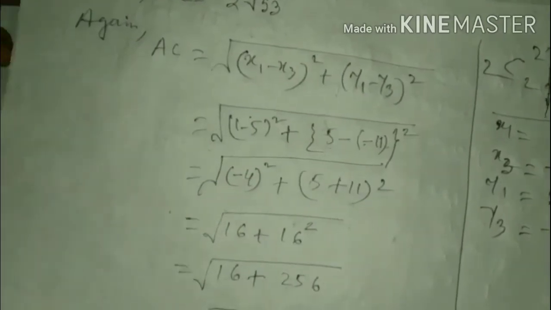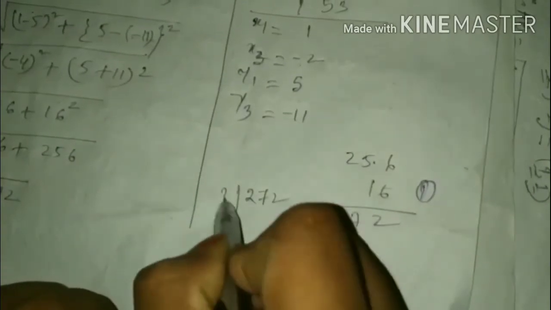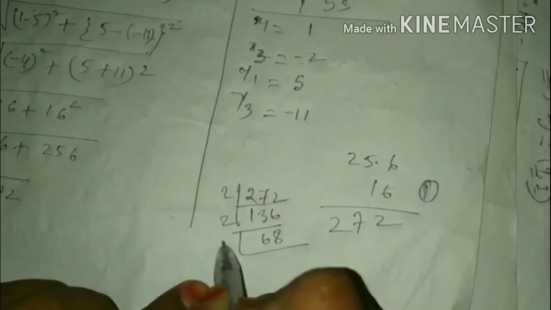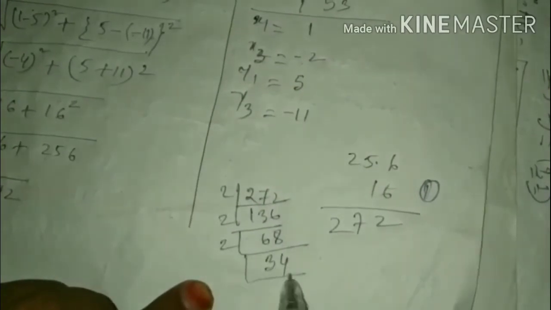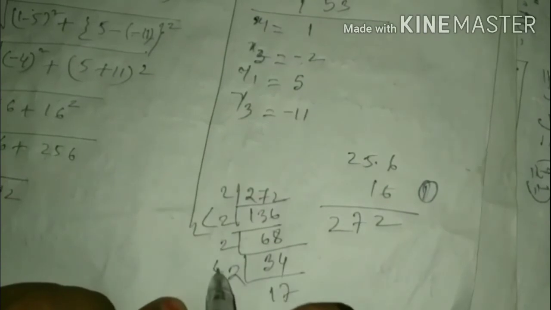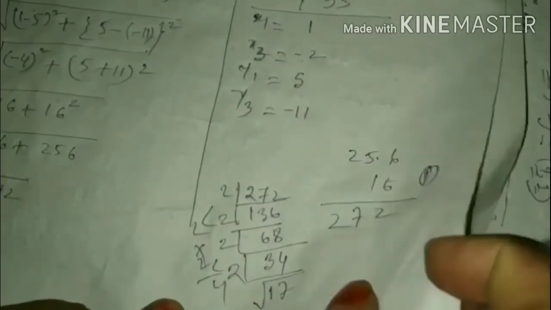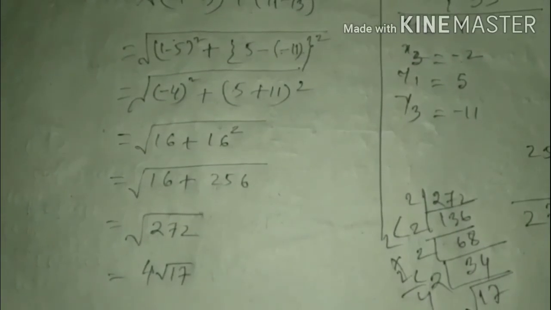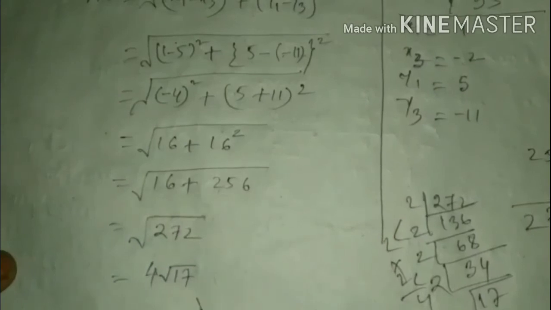So let us put on the root overs. 272 to 136 to 68 to 34 to 17. So 2 2 2 to the 4 root 17. 4 root 17. Now what are you getting? AC is 4 root 17 and BC is 2 root 53 and we are getting AB is what? We are getting AB is